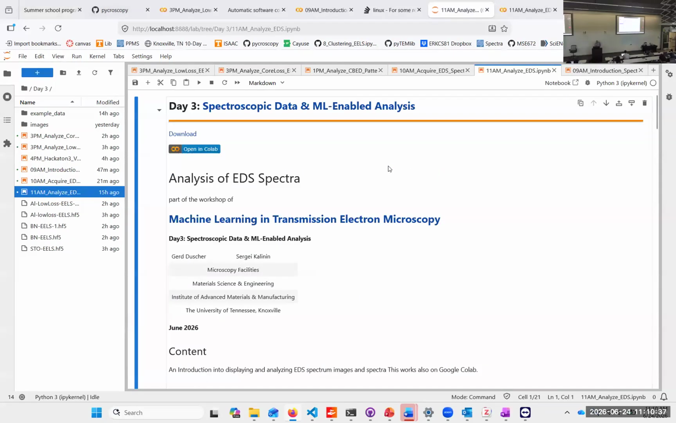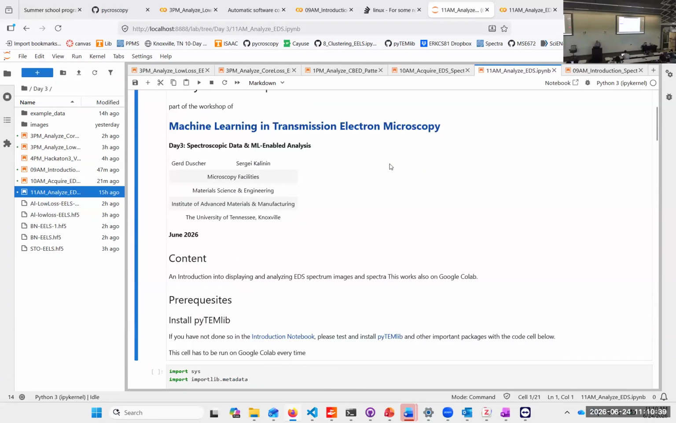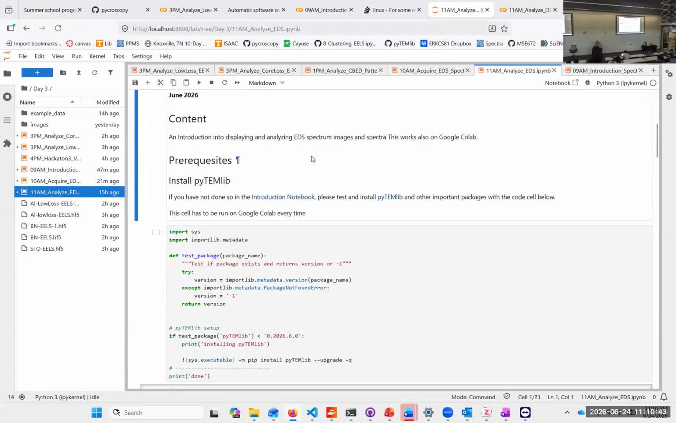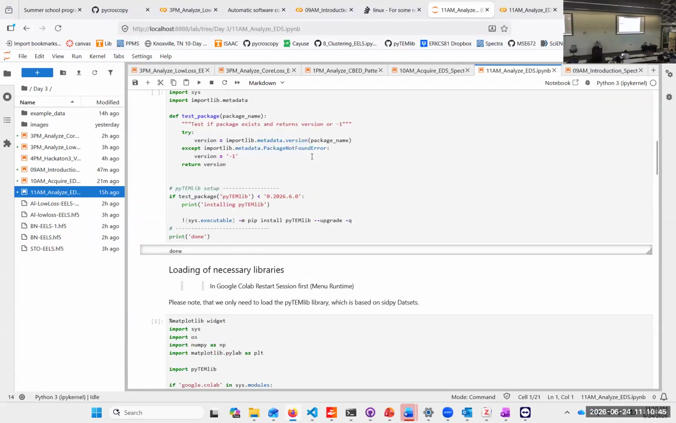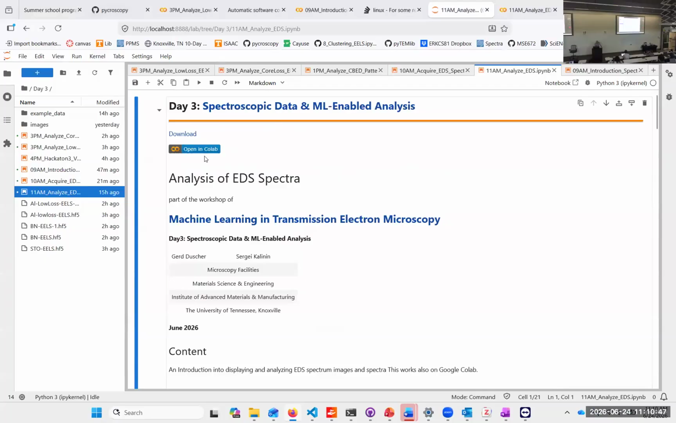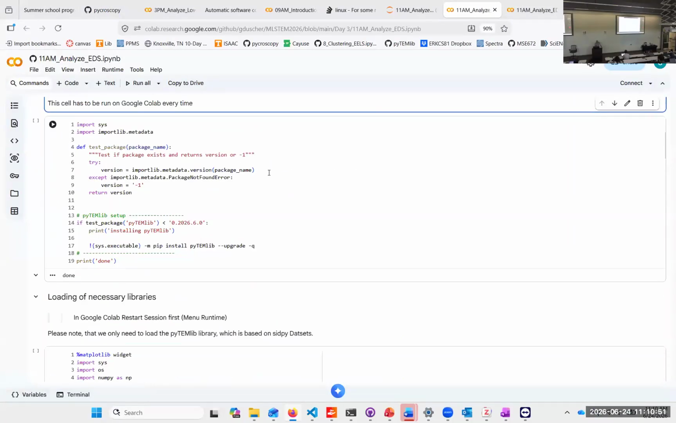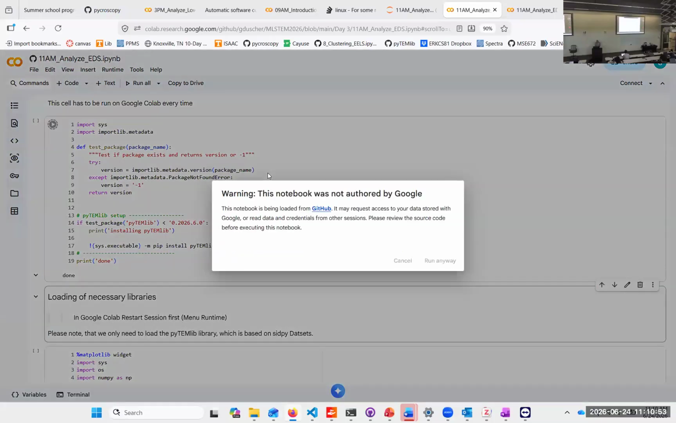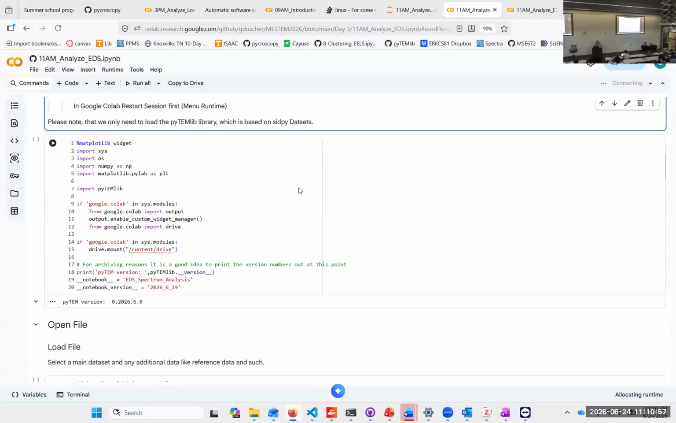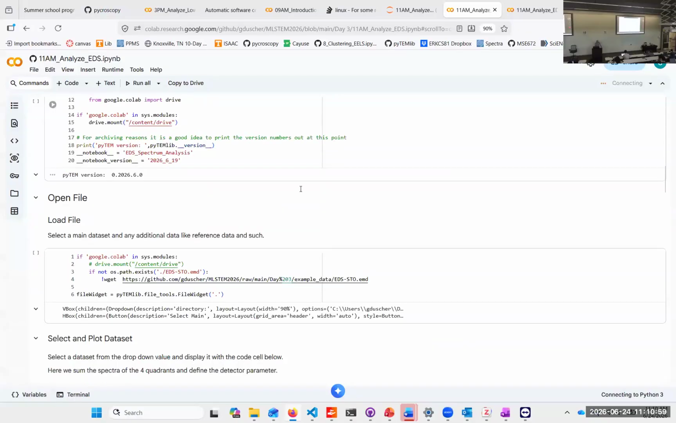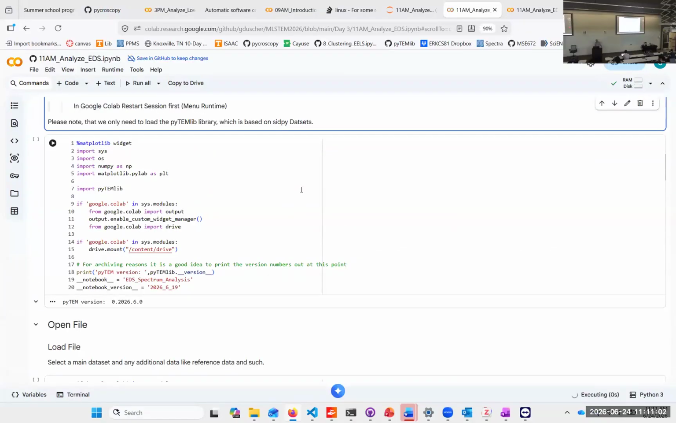So we do spectroscopy, and we do the quantification of the yields, and I want to open that in Colab. I want to run it anyway. And we need to open a file in